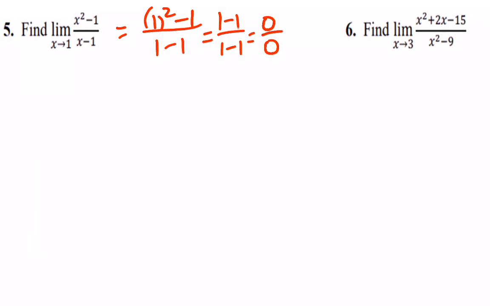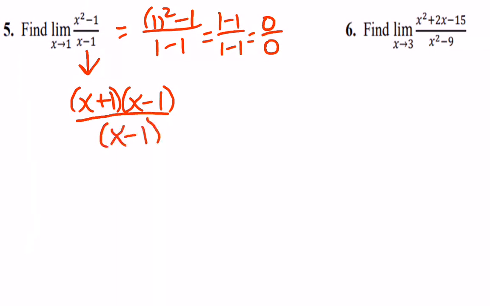And what we have to do then is some algebra. Just like when we did graphs in the last lesson, you're going to factor the top and/or the bottom and see what cancels. So I have the top factors to (x + 1)(x - 1) over x - 1, and now I have those factors that cancel, which you'll remember on a graph means I have a hole. So now, let's try doing the limit